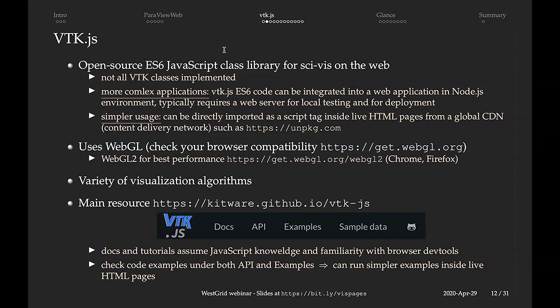So VTK.js uses WebGL for compatibility, and that means that your browser has to support WebGL in order to open this website. And really, WebGL 2 is recommended for best performance. Not all browsers support WebGL 2. Chrome and Firefox do. Safari, Internet Explorer, and others don't. So make sure you can actually go to the website shown on this slide and check for WebGL 2 support